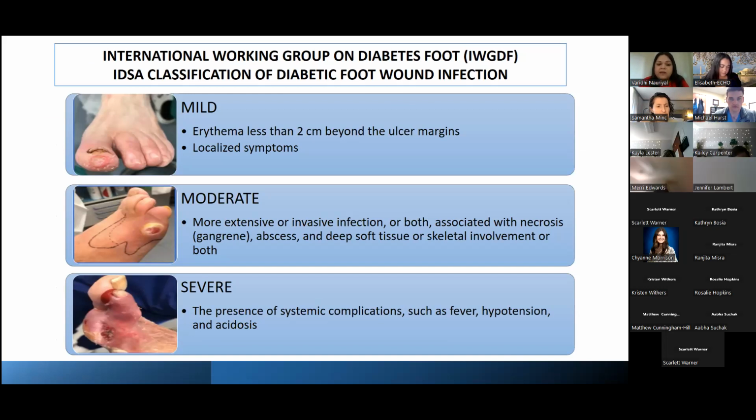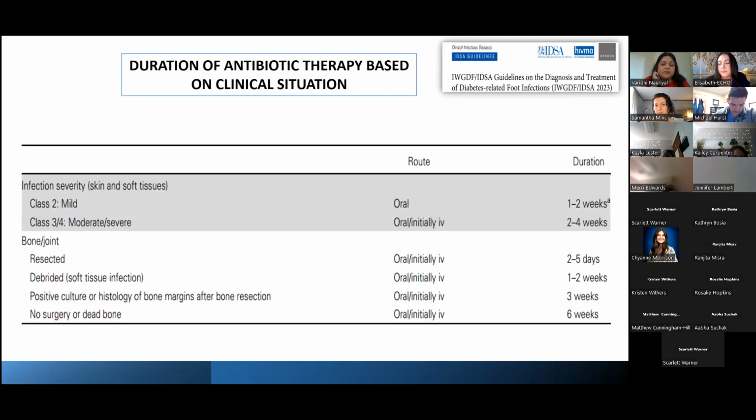As you can see, mild is defined as erythema less than 2 centimeters beyond the ulcer margin with just localized symptoms. Moderate involves a more extensive or invasive infection associated with soft tissue infections like abscess, deep skeletal involvement, or both. And in severe cases, we are talking about systemic complications like sepsis, bacteremias, invasive osteomyelitis, extensive osteomyelitis. And why is it important? Because we can make an assessment of which patients can get oral versus